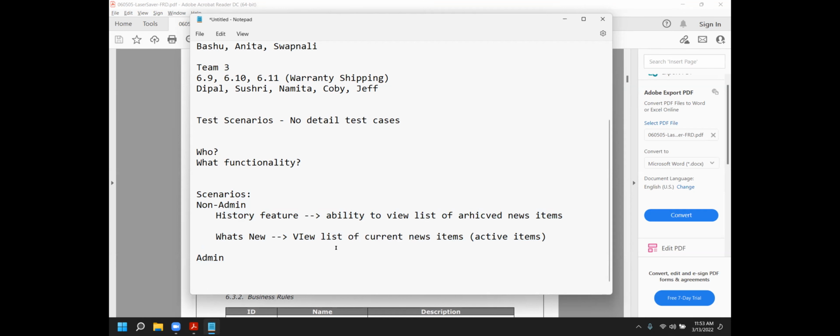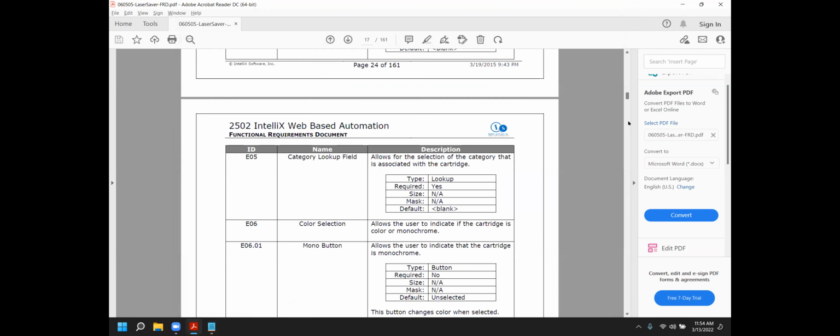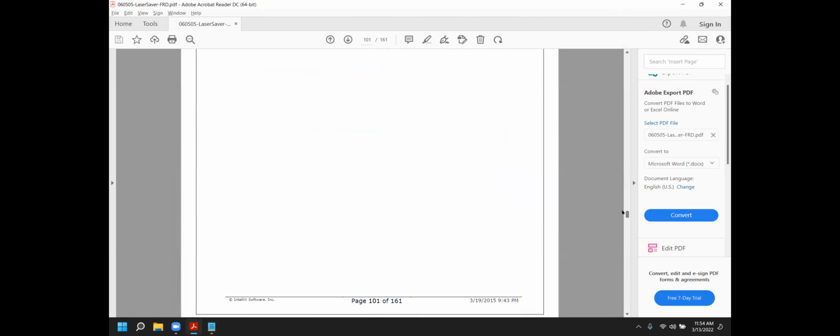You don't need to write down steps yet, because that's not what we expected, what exactly you would do. But if you don't understand how you can make the current news item, then you will have trouble writing the steps as well. Same thing with what archive means; you need to understand that as well. So at this part, you are done with the homepage items. Now, how do you do the other part? That's where you go to the